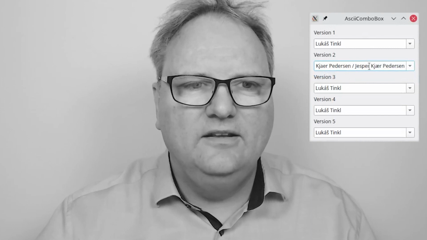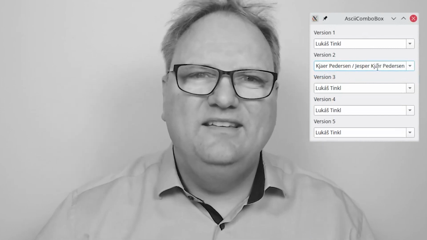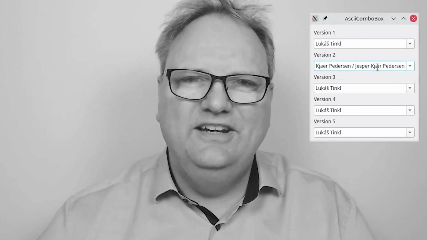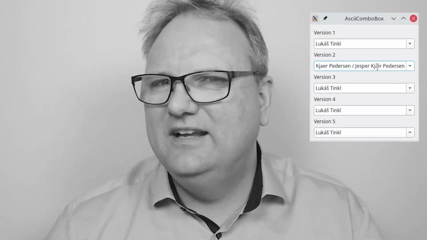It actually says the Kjær Petersen and Jesper Kjær Petersen, so it has this ASCII version up here, which I have actually managed to live with for years now in my code. But when I started to decide that I wanted to record this here, I thought, let's figure out why does it do that? Did I just do something stupid? And it actually turned out to be a bug in Qt, but more on that a bit later.